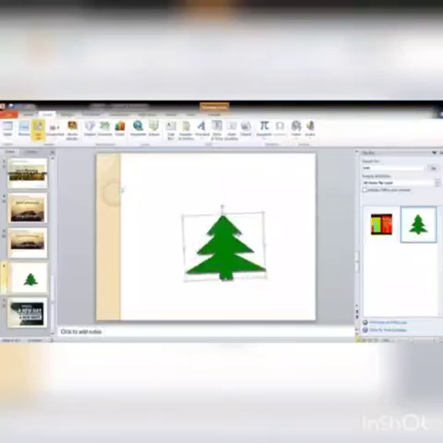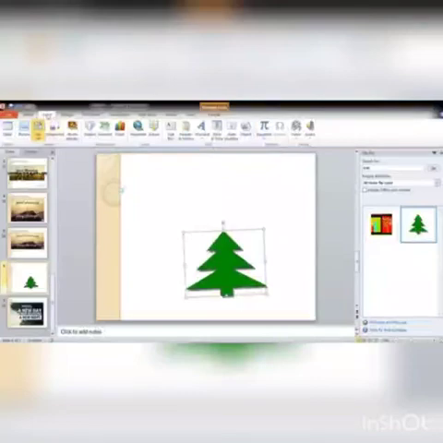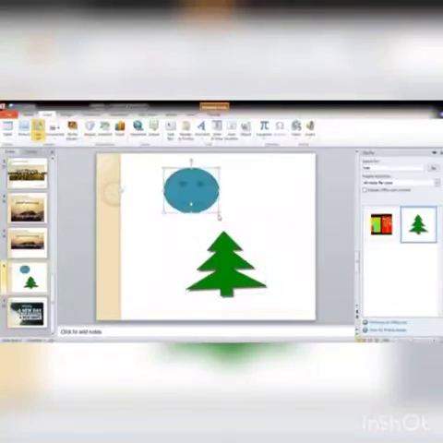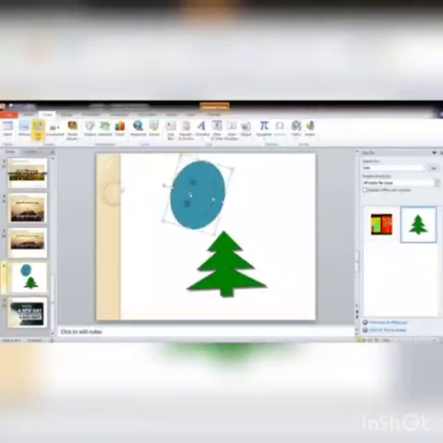Moving on to inserting shapes. If you go to the Insert tab, there is a shape option. You can click on the shape and select what shape you want. I'm selecting this smiley and dragging it onto my template. Similarly, you can change the shape, you can change the height of this shape and also rotate this shape.